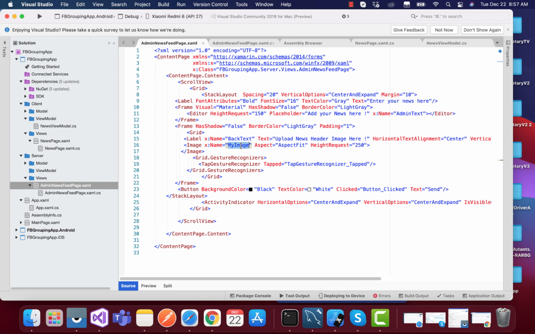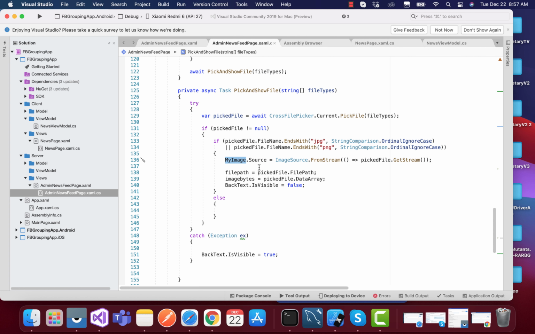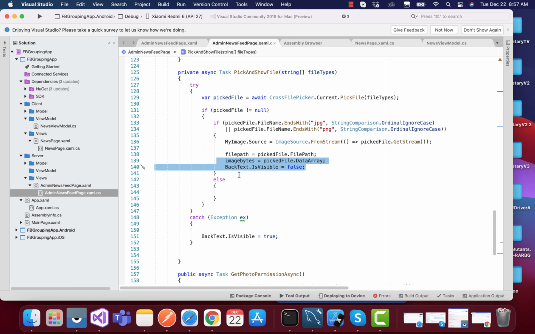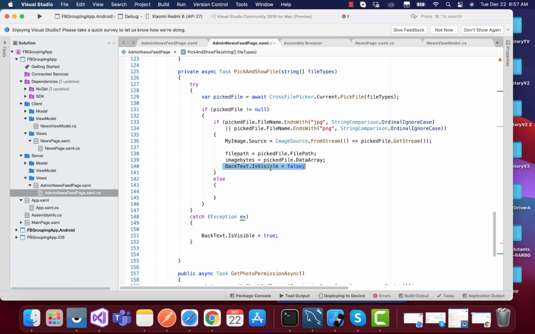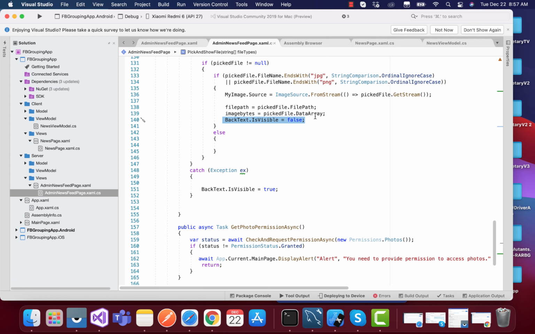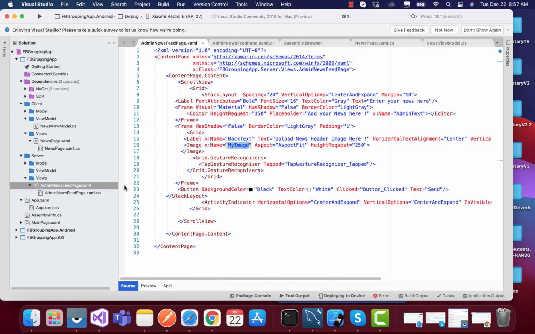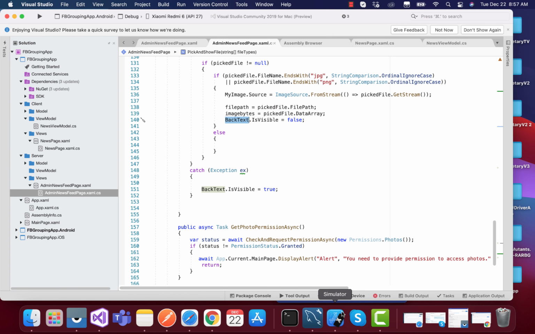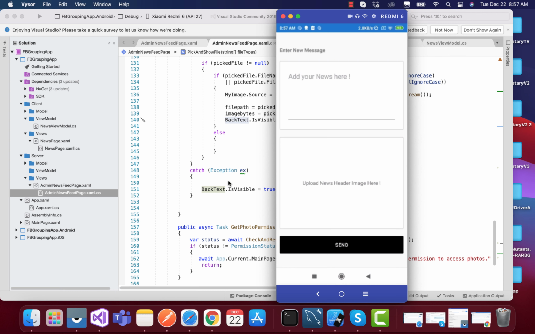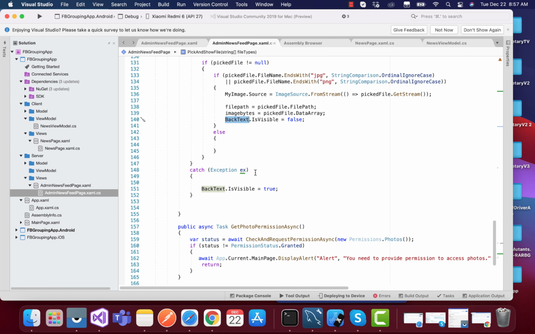So this is the image section which is going to be clicked, and then we are going to get the image stream source, and I'm here creating an image byte variable, and this image byte is going to be sent whenever that send button is clicked from our Firebase admin app. In a nutshell, this is my admin app where we are going to upload our latest image, audio or video and send it to our Firebase app with the help of this admin newsfeed app.